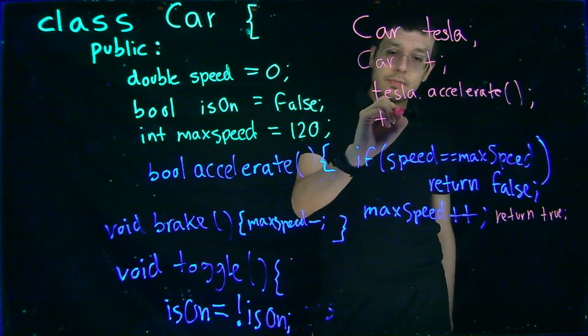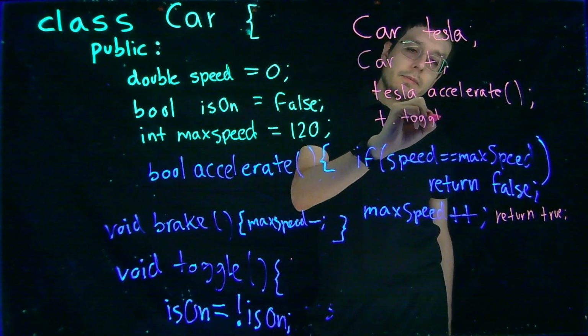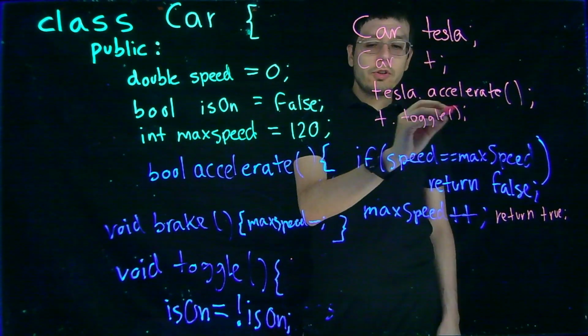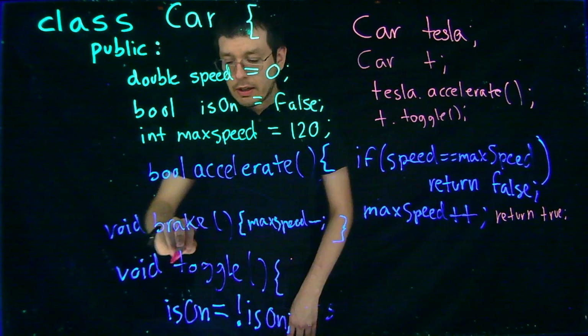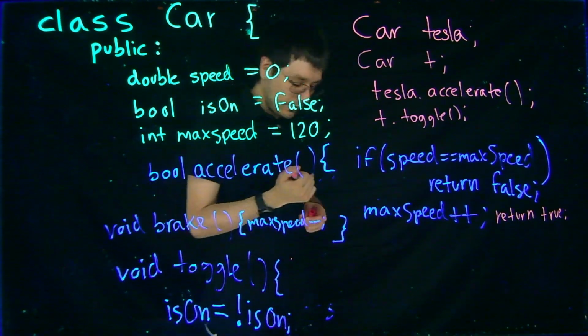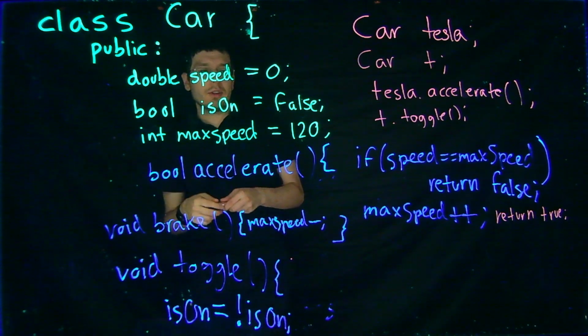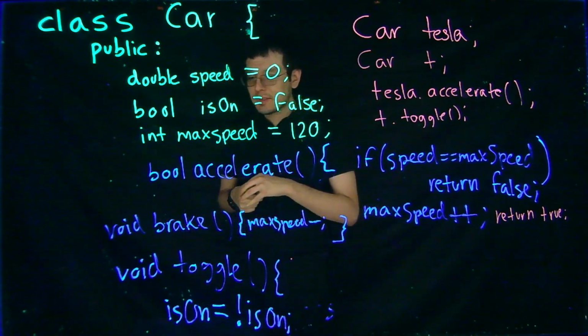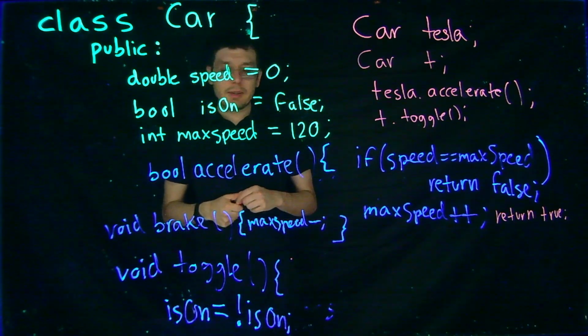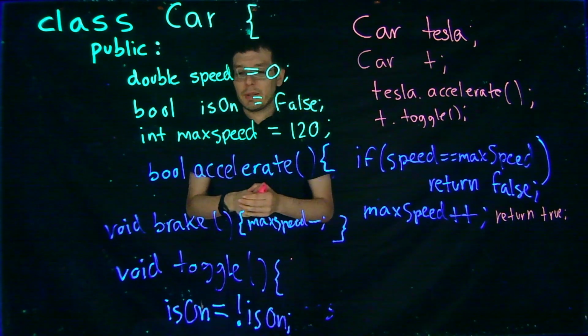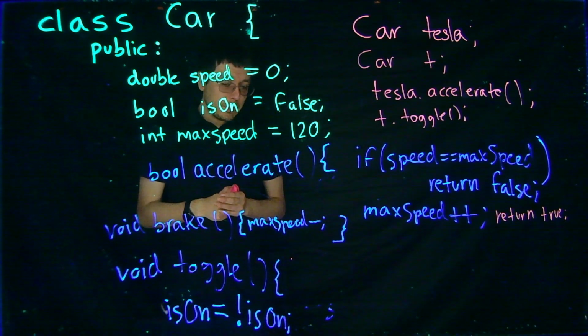But yeah, so toggle. You go, turn on your car. You might even put in here like a little cout statement that says like broom broom, so like a sign that your car is on. Although it's an electric car, so it wouldn't really do broom broom, I guess. More like a whirr or something, I don't know. It's a programming class, not a sound class. But yeah, so